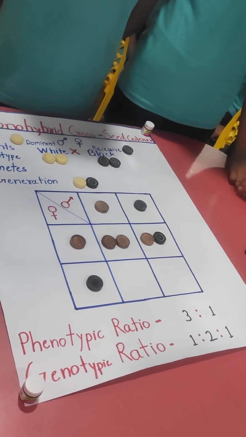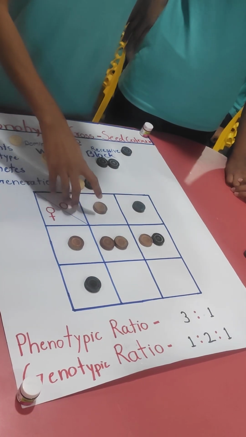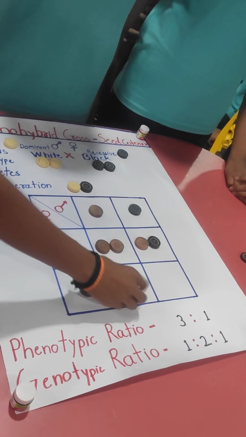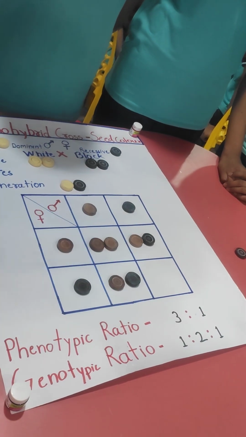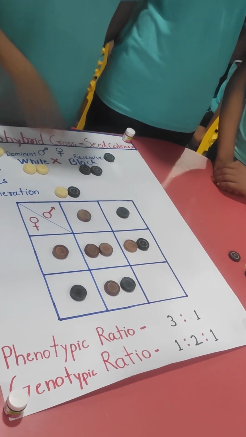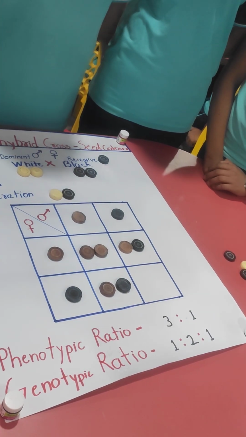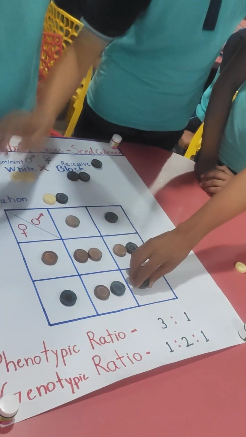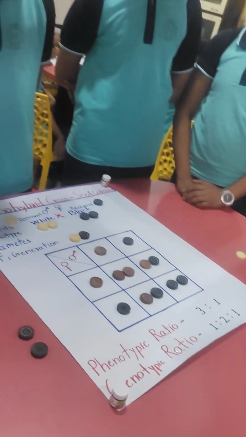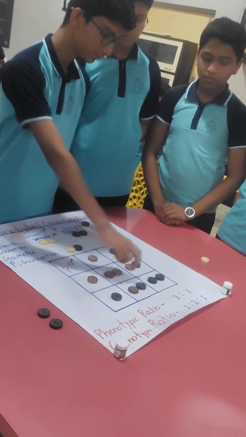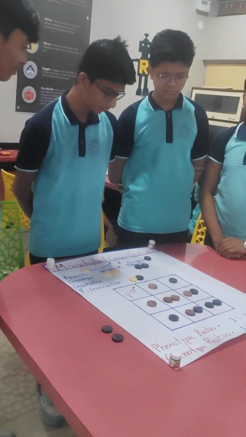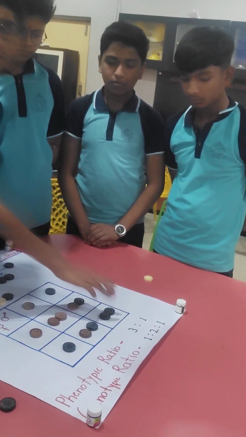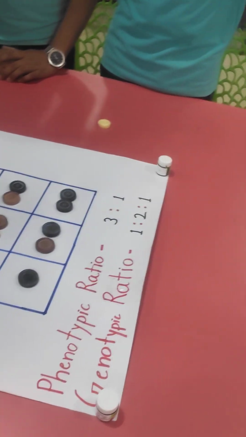Then the gametes small w and capital W will form the genotype capital W, small w. Then the gametes small w and small w will form the genotype small w, small w. As we can see here, three genotypes are of the dominant character, and finally we have got one recessive character here. So phenotypic